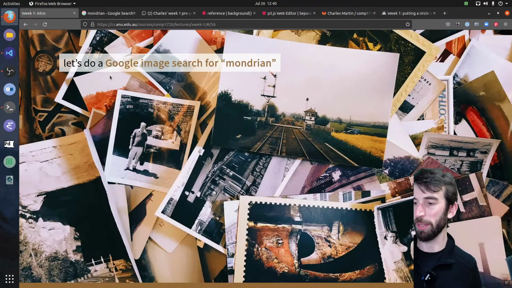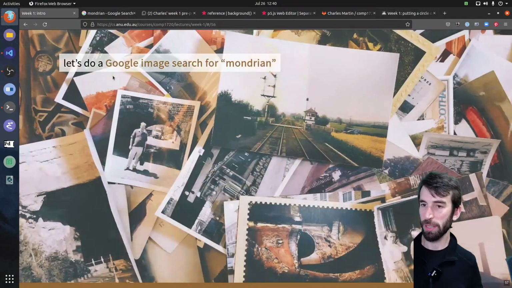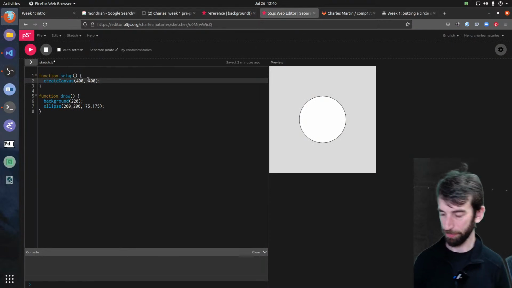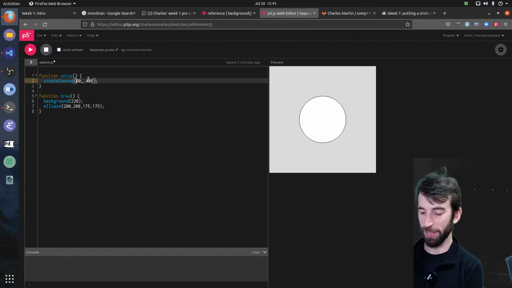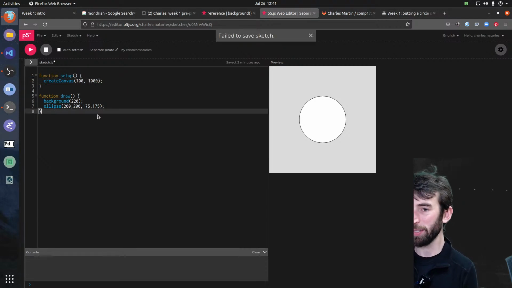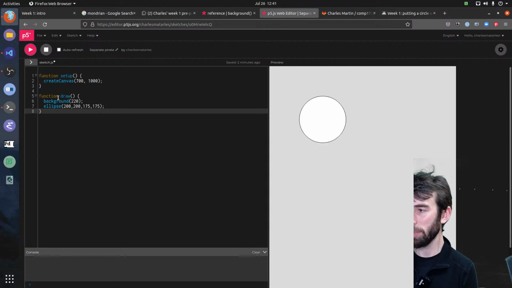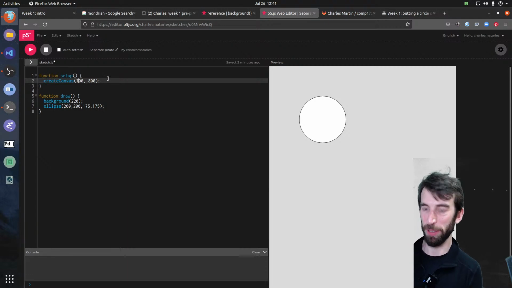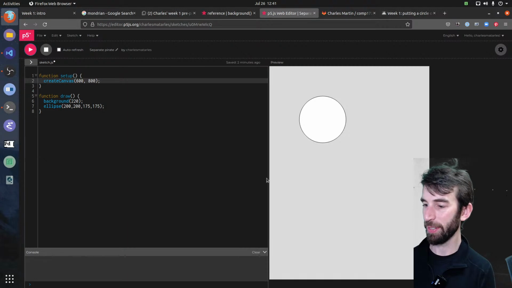I'm just going to go through some of the extra slides. Oh, we'll try one here. Let's make our Mondrian print. So I'm going to make a bit of a bigger canvas. Maybe it's going to be 700 wide, and it's going to be a portrait style canvas, so maybe 1,000 high. Is that going to work? Oops, that's too far down. I don't want it to fit on the screen, so I'm just going to fiddle about with it for a minute. 600 by 800. Oh, that's right. Now it fits on the screen.